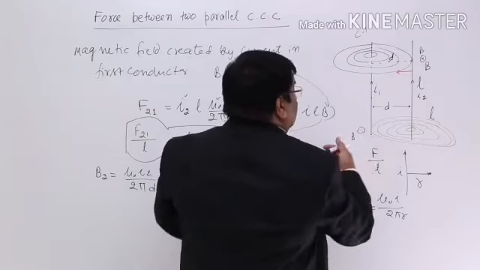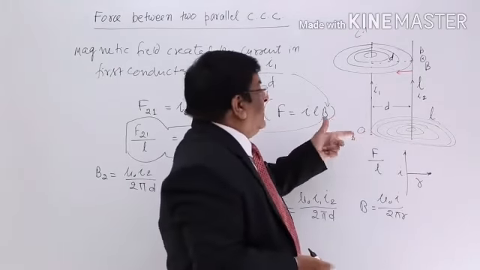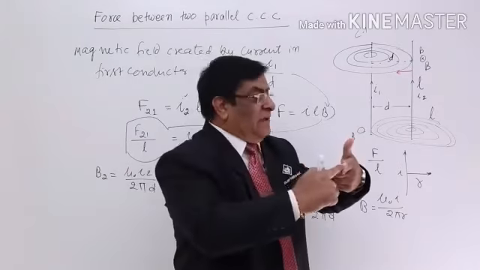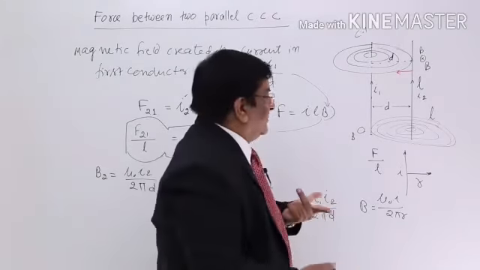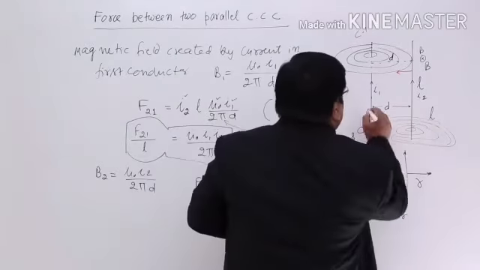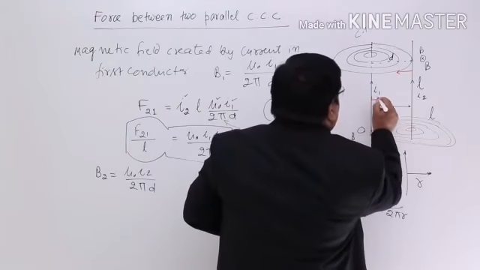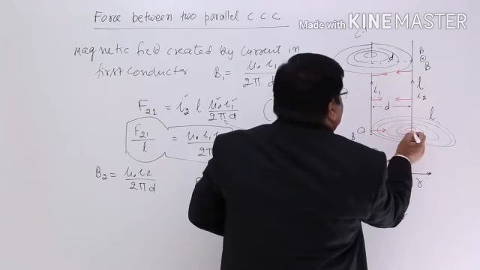This magnetic field is coming out. Now I said this for the force. The magnetic field is coming out this way, the current is going up this way. So this is the direction of force. So I mark it. This is the direction of force here, here, here. And this is the direction of force on this.